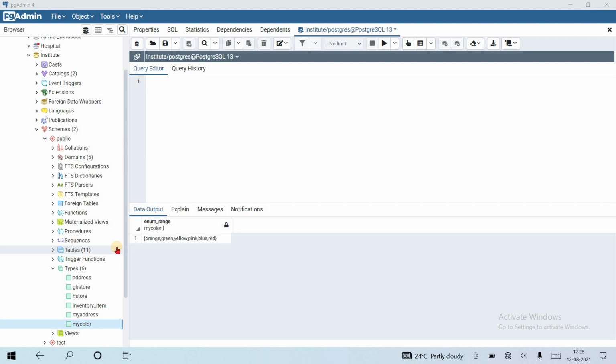Hello friends, in this tutorial we are going to discuss how to update a data type on a production server. Okay, let's create one data type, a composite data type, using create type. Suppose the type name is status